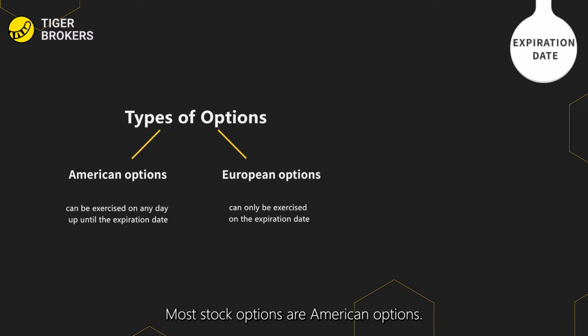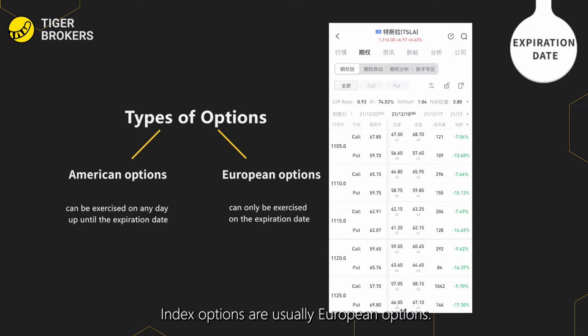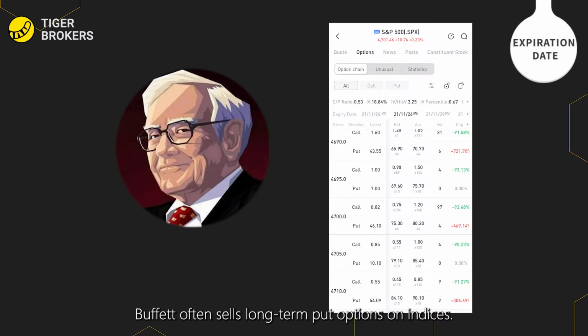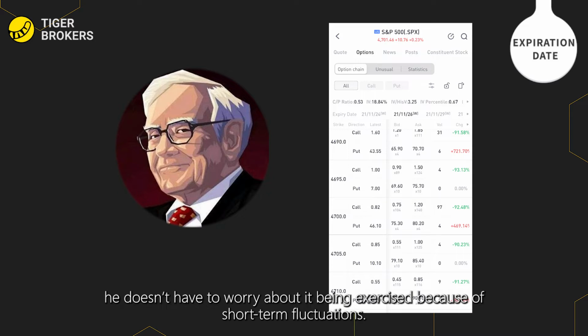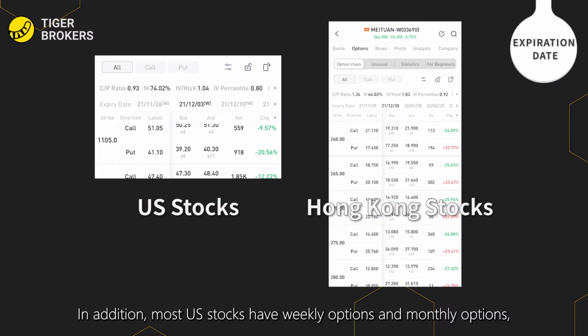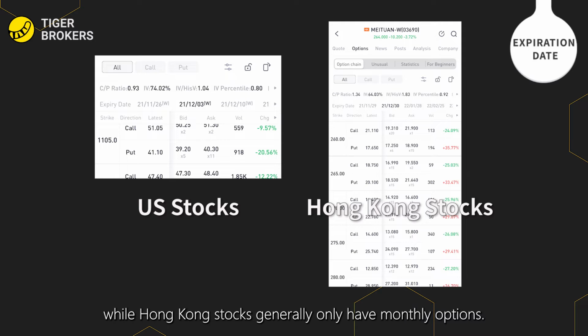Most stock options are American options. Index options are usually European options. Buffett often sells long-term put options on indices. Why? Because as the index option is normally a European option, he doesn't have to worry about it being exercised because of short-term fluctuation. In addition, most US stocks have weekly options and monthly options, while Hong Kong stocks generally